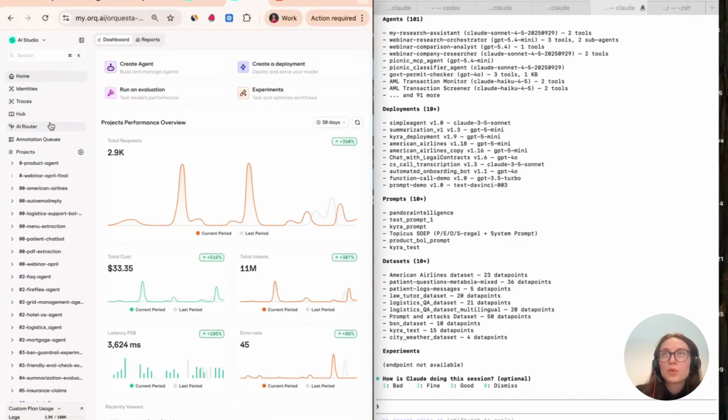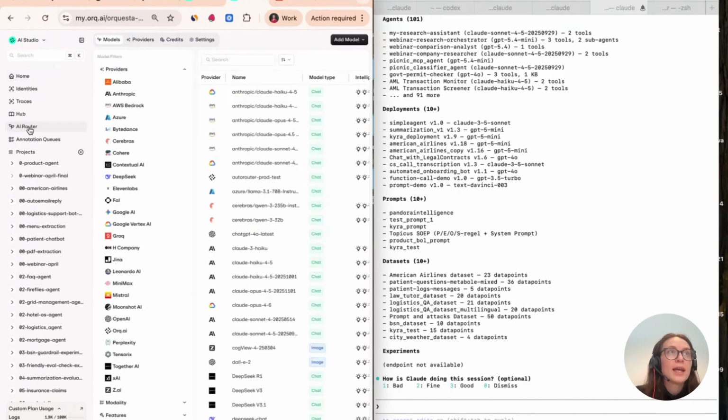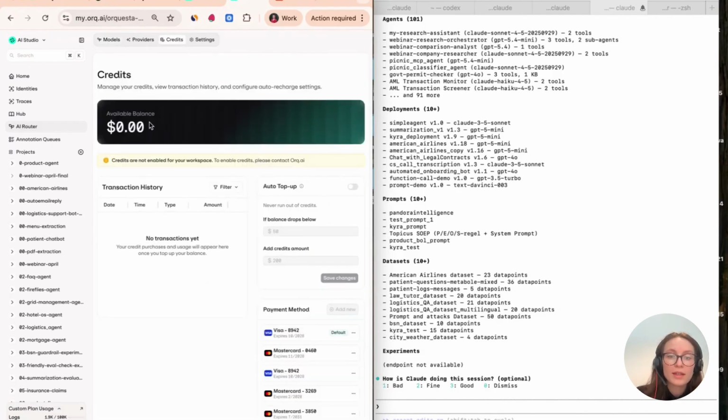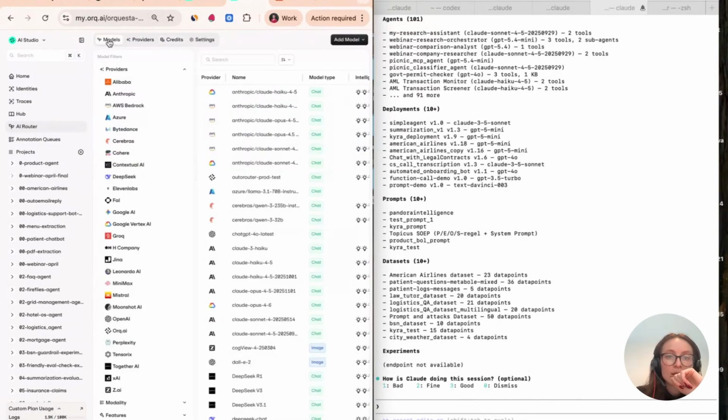So what is important if it's the first time in the AI Studio for you, you made your account yesterday or this morning. Here on the left side, we have the sidebar, and then here you have the AI router. Here you see all the different providers that we have available. For the ones that don't have their own provider keys enabled, you most likely have €1 of credit here on the balance, because that's what we give you if you make an account for the first time.